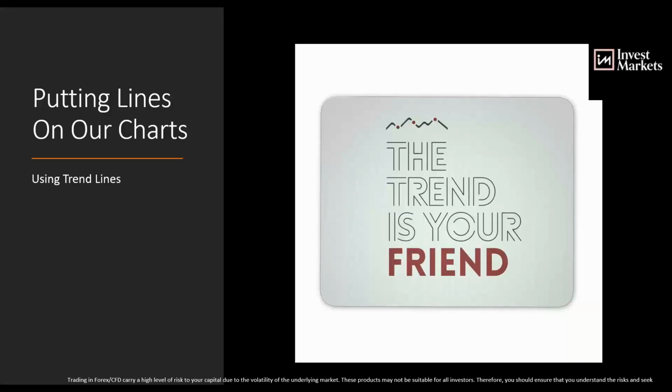Then once we have our charts, we understand the charts, we need to start by putting lines on our charts to help us interpret what cryptocurrency is telling us. And the first set of lines we want to use is trend lines and support and resistance lines. And all of this is the basics of technical analysis for cryptocurrencies.